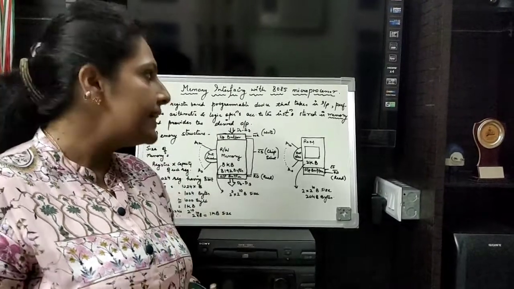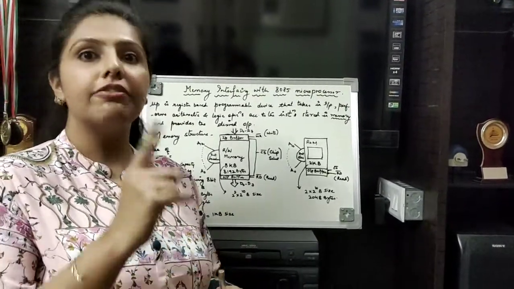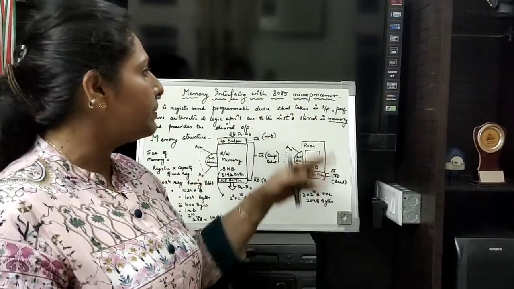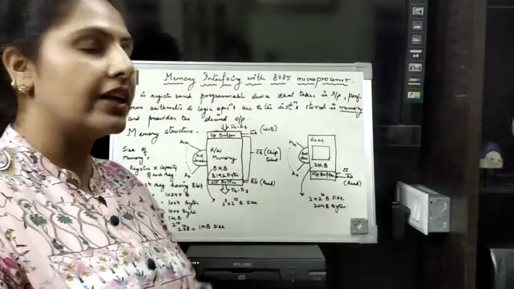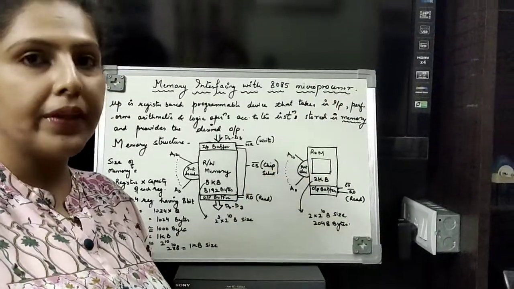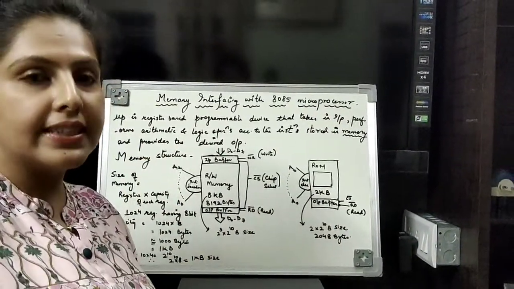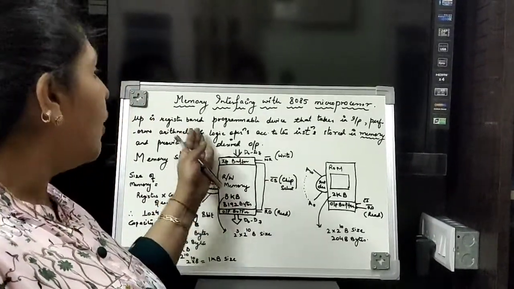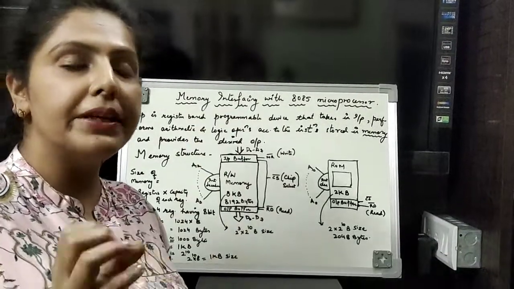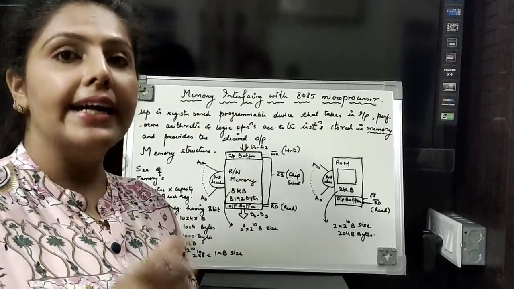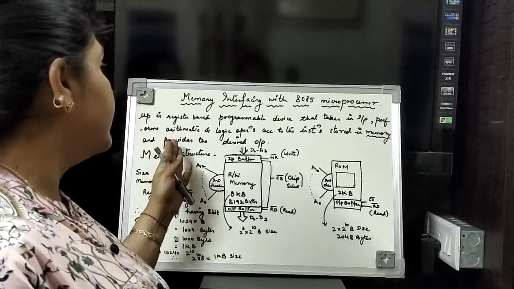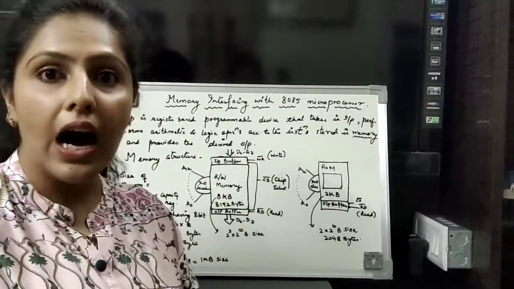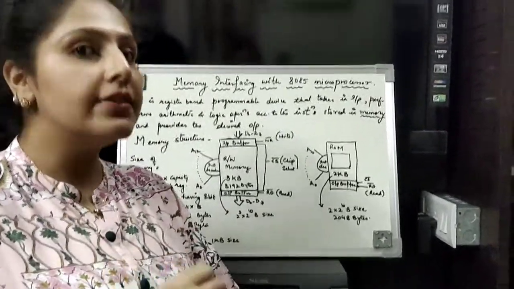So memory, which is the combination of registers, is a storage device. It has the following functions. The first function is it stores the input data. The next function is it stores the instructions for the microprocessor. The third important function is storing the intermediate results. The intermediate results of the logic and arithmetic operations are stored by the memory. And the foremost important function is that it holds the result to be displayed on the output devices. So memory is very important.